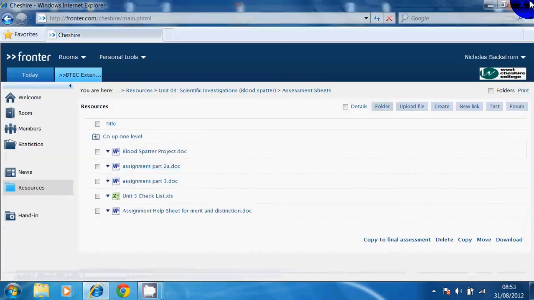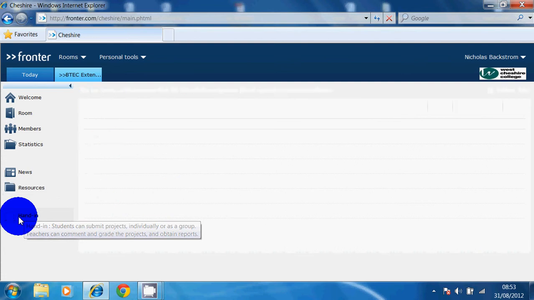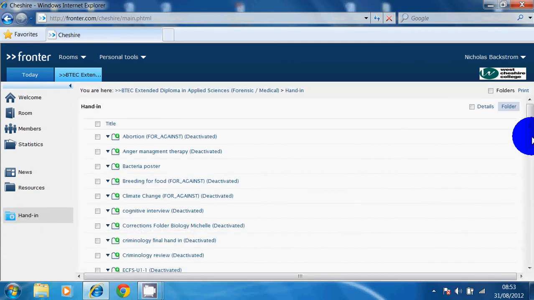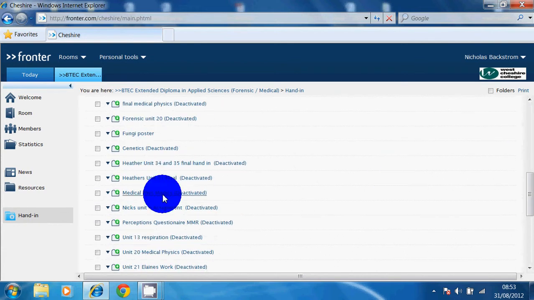Another option you might be getting given is, I want you to hand in some work on Fronter. In that case you go to this icon here, the hand in file. Click on the hand in file. Now the tutor will say, I want you to hand in on a particular folder. So it might say, I want you to hand it in on the unit 4. So you would scroll down until you find the correct unit. There we go, unit 4 assignment. We click on that